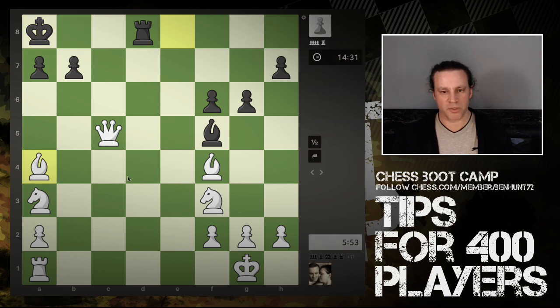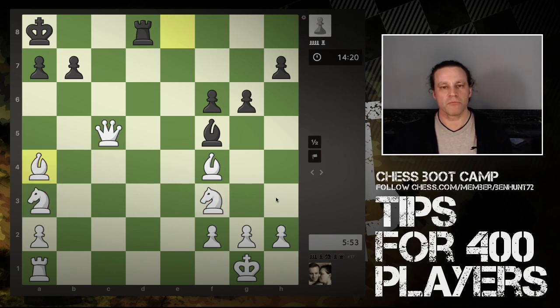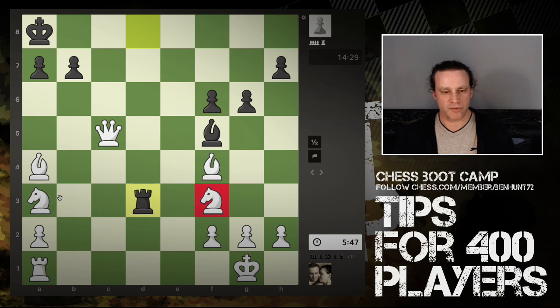I'm significantly ahead in material now. I have a queen, I have two knights and a bishop, more than my opponent. My opponent has one extra pawn. So it's much, much easier for me to coordinate my pieces together so that they're protecting each other. Now this knight is defended, that knight is defended by the queen. So now I think